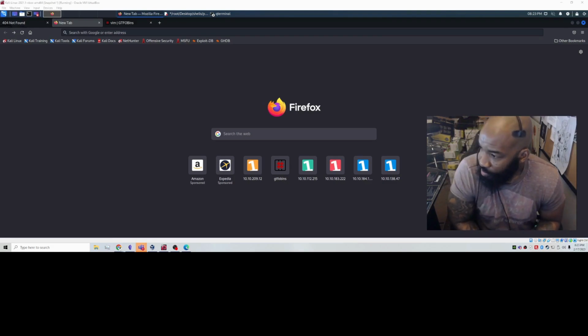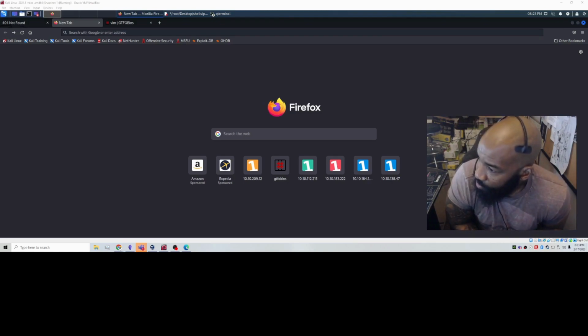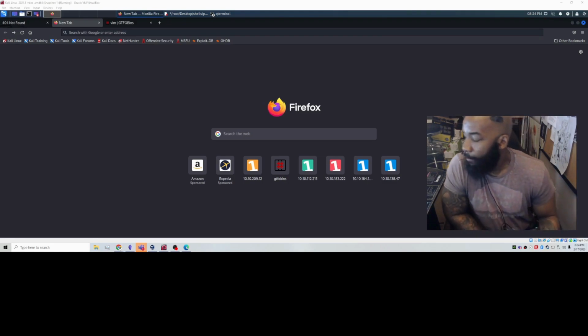You have to install this Python 2.7. Yeah, I saw that. Yep. Install termcolor. And then you also need to do requests. So once you get those two in there,